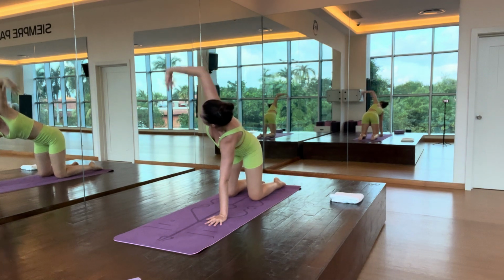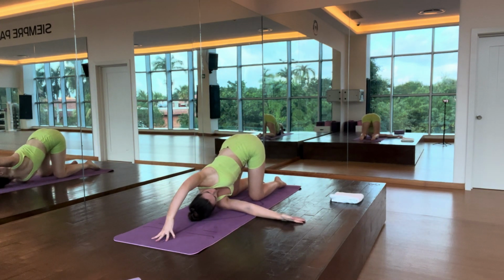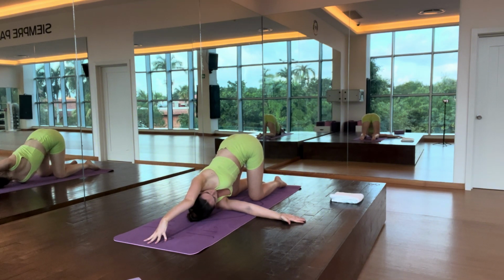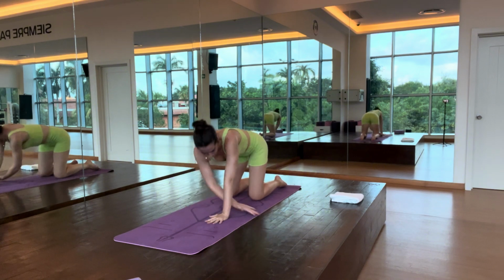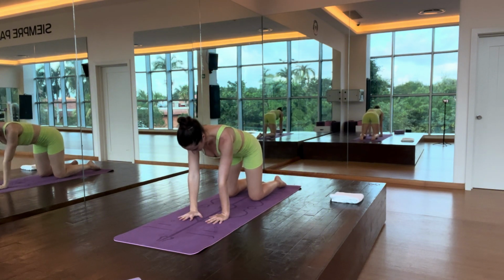Plant your left hand strong into the mat as you peel your right hand up to the ceiling, stretching out the thoracic spine. And then exhale, send it through and under the left arm to thread the needle. So your right shoulder blade comes to the mat. Breathing here, releasing your right arm, sending it back up to the ceiling once more, and then swapping over,